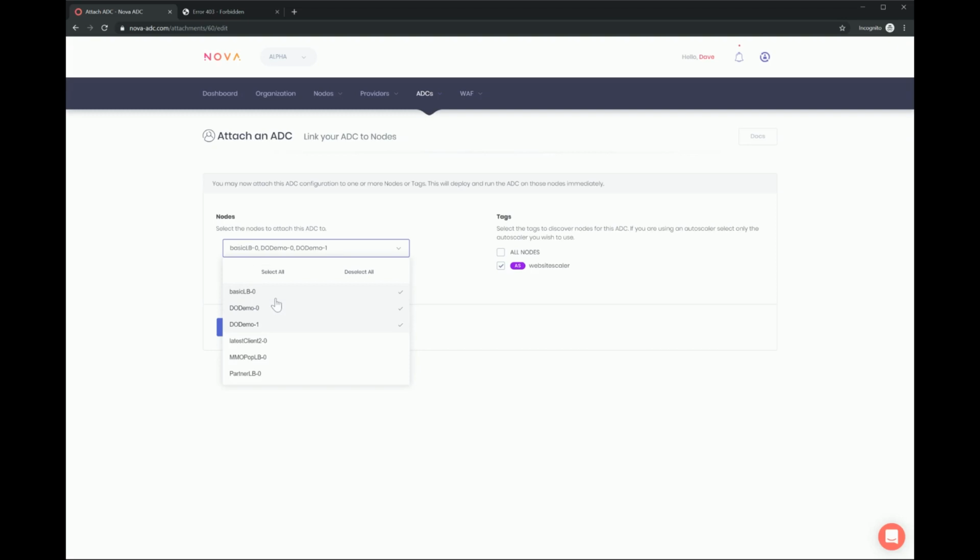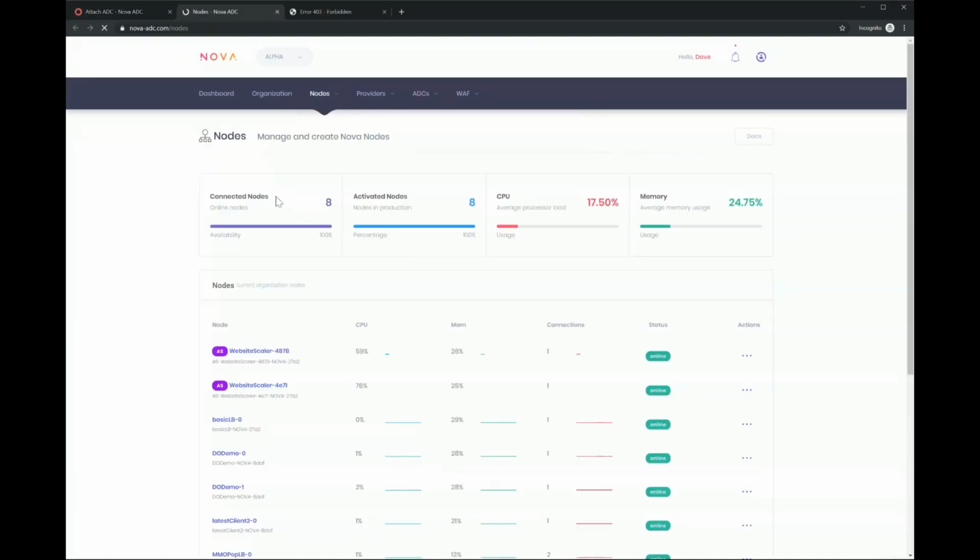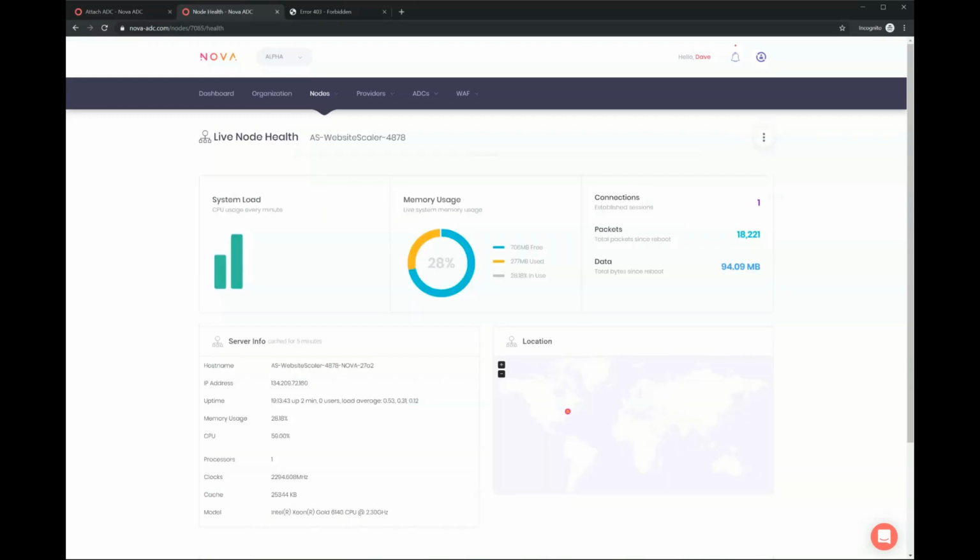So you might have an autoscaler in your cloud account and also want to run it on your manual accounts and things like that. And if we have a look here, we'll have them on our nodes panel as well. So there you can see it's being managed by an autoscaler, so you can't delete it. And you can actually delete the autoscaler, obviously. But if we come in here, we can see that server's info. You can see where it's located. You can see the packets it's received, CPU usage, memory usage, its specs, and all that stuff.